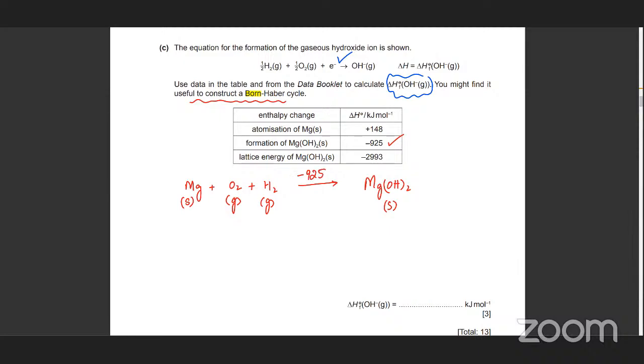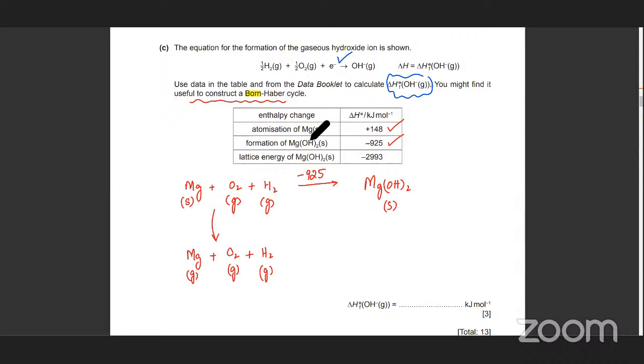So we're going to start constructing. अब क्या दिया? What else is given? Enthalpy of atomization of Mg is given. So why don't we atomize Mg? So it's going to become Mg gaseous. Okay, and there's balanced. The first one is balanced. Remember to balance the equation O2 plus H2. So these two are gaseous. So then you have